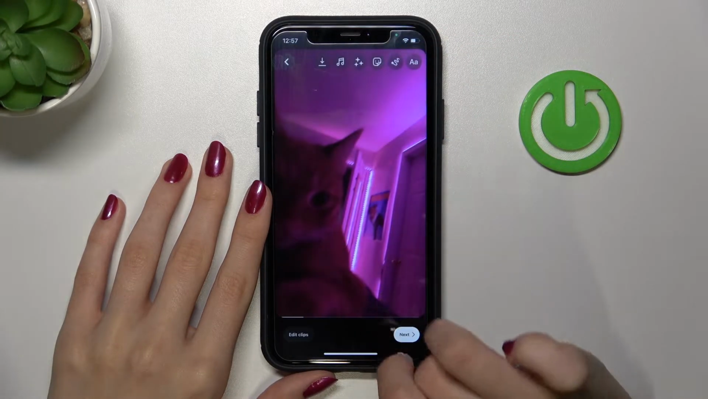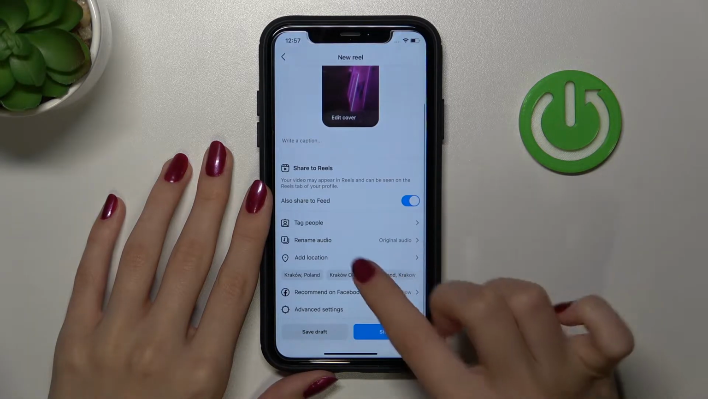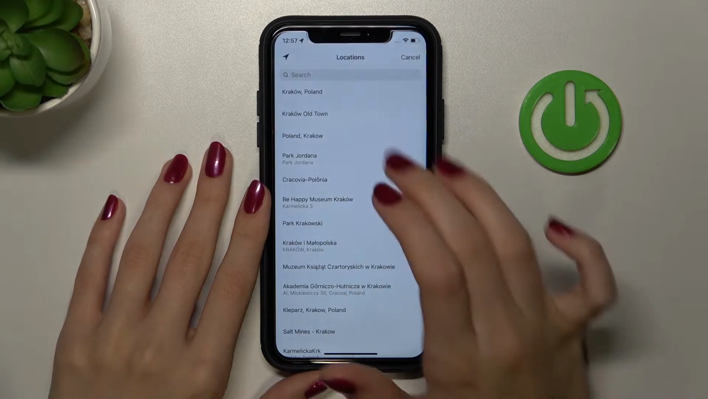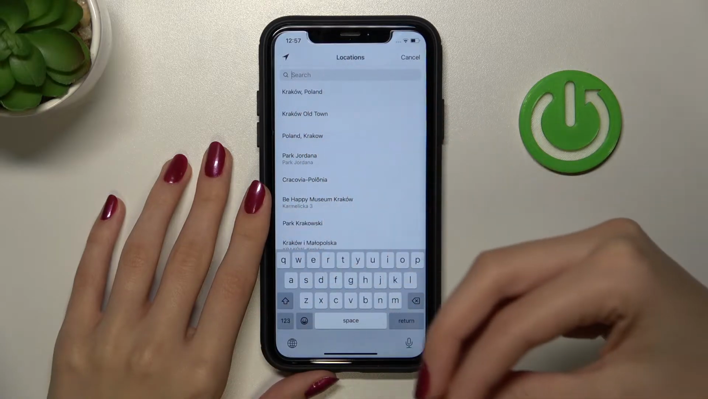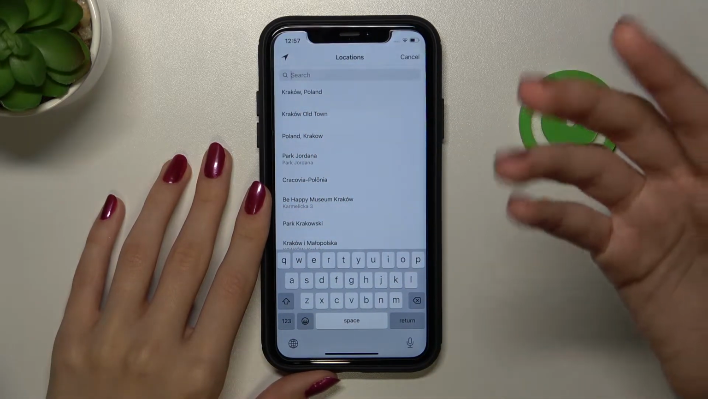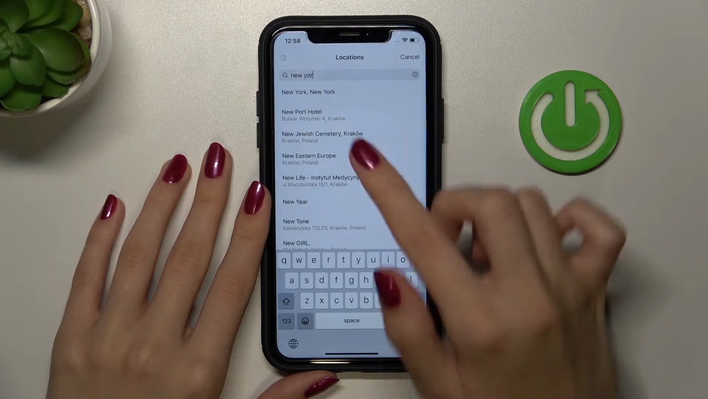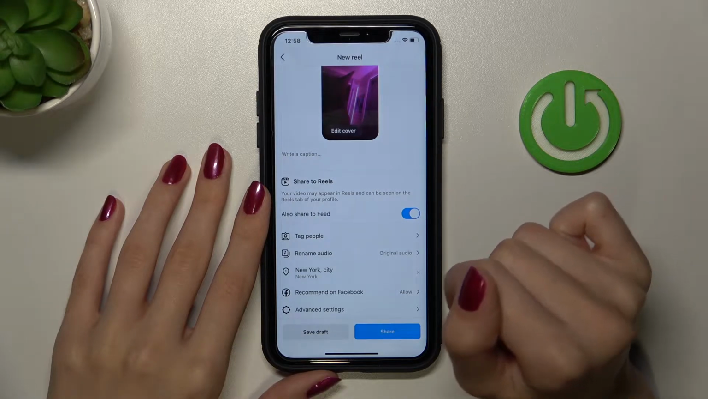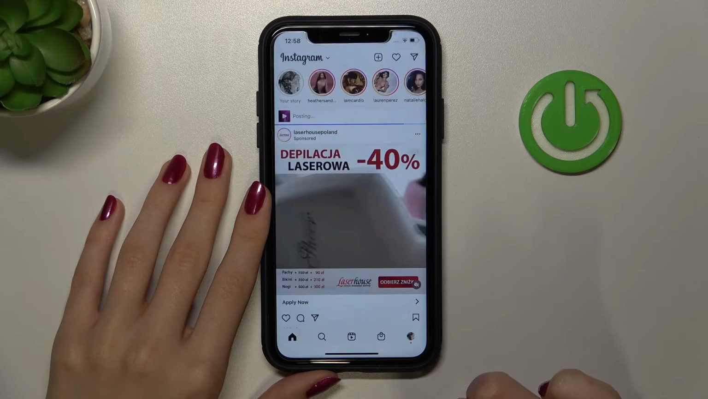Later I just need to tap on the next 2 times, and later swipe the appearance settings down to pick on the add location mode. After tapping on the search bar here, I can add some needful location, and I want to set New York. Okay, so let's tap on the New York. Okay, New York City. Well done, our needful location is added. Let's tap on the share option to save it